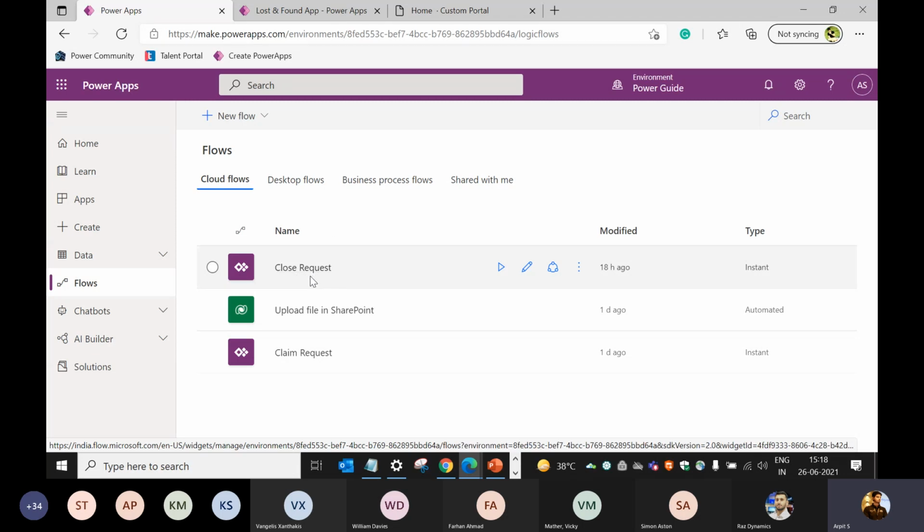This close request is basically changing the status to resolved. So as I mark this particular item as completed, it actually goes to the CRM and closes that particular request. And this is the upload file in SharePoint.